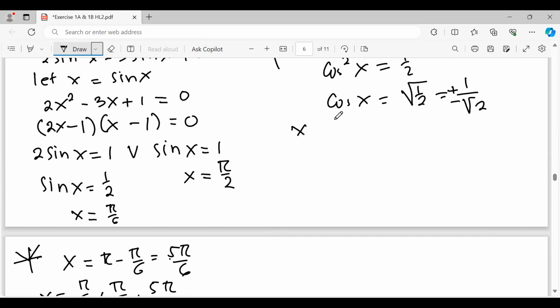Cosine positive and negative happen on all quadrants, 1, 2, 3, 4. So x equals pi over 4, okay, and then